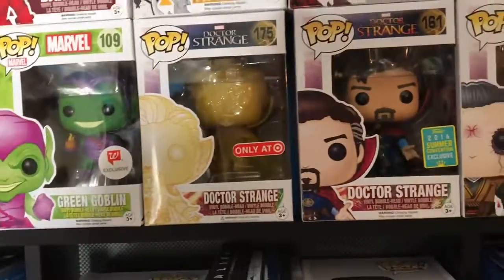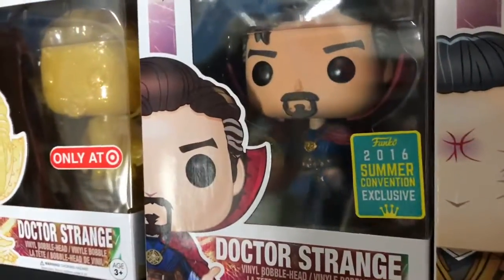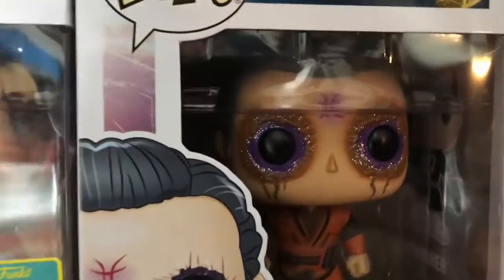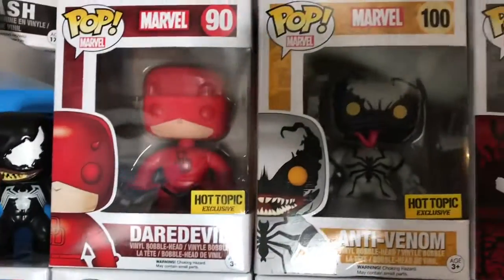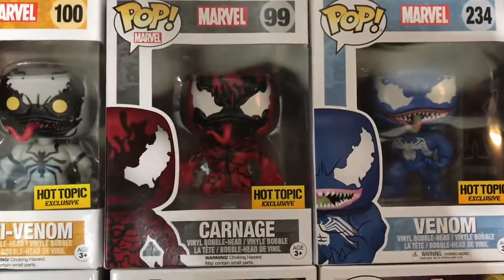Green Goblin, Doctor Strange, another Doctor Strange pop. I love how if you look in there, you can kind of see that he's using some magic. Kaecilius, I love the glitter around his eyes. I think that's such a unique touch to throw in there, and that's really the main reason I bought that pop. As you move up here, you can find my Daredevil exclusive, Anti-Venom, Carnage, of course, and also Venom from